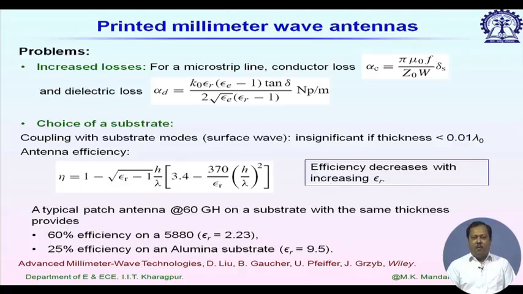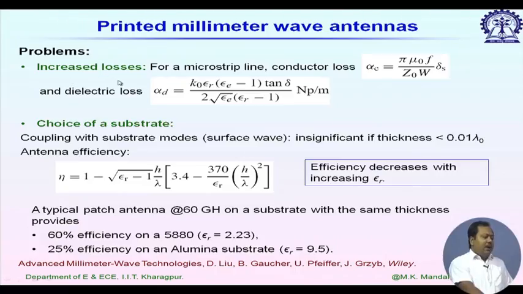So, all of the power lost due to these three reasons is not being radiated by the antenna. So, it is a total loss or wastage of my power. We have to avoid this loss somehow, and we will see what solutions and methods people use to minimize this loss. First, at millimeter wave frequencies, for example for a microstrip line, the conductor loss is given by this, which we already learned, and it increases with frequency. Dielectric loss is also a function of frequency, and it also increases